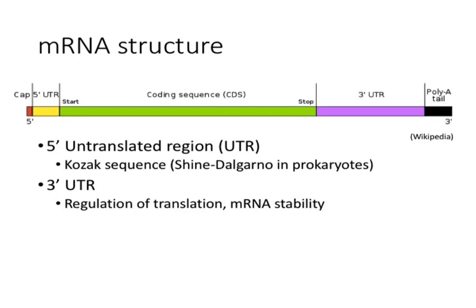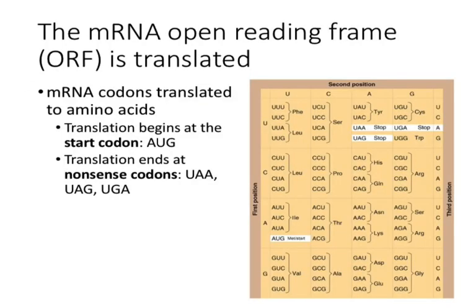The other thing to point out is that there is a sequence upstream of the first start codon known as the Kozak sequence in eukaryotes. Prokaryotes have a similar functioning sequence known as the Shine-Dalgarno. Okay. The purpose of the Kozak sequence, which was identified in the 80s,